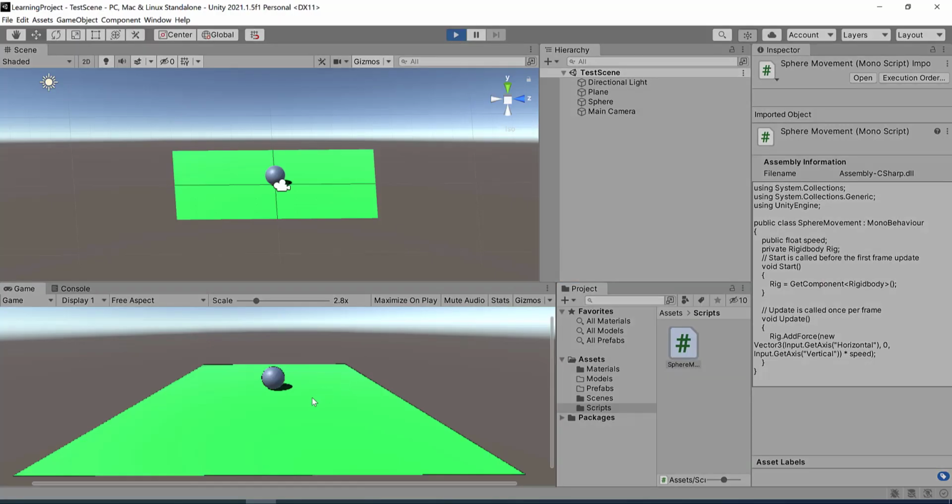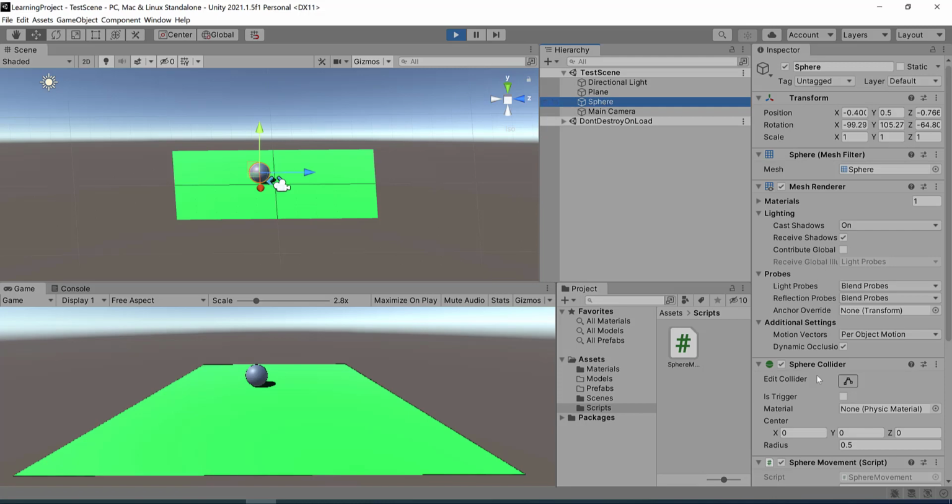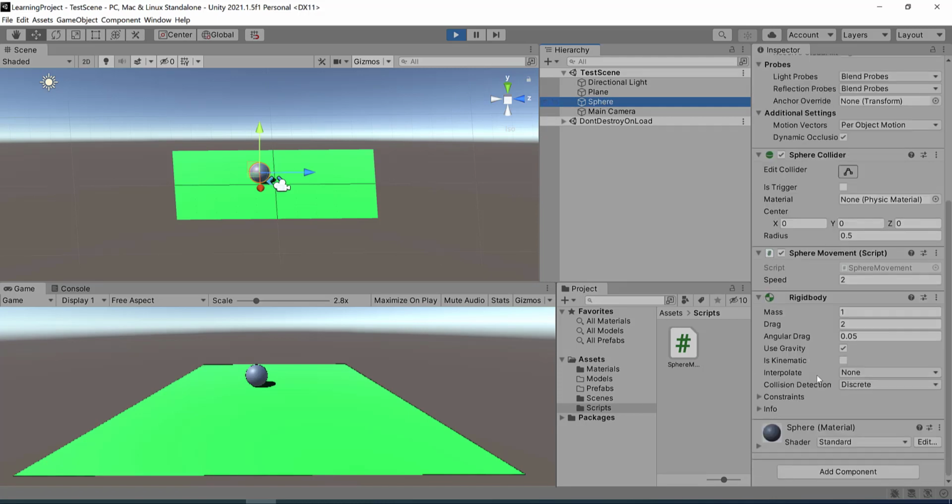If I run my game and observe the behavior of this script, you can see it is slow. So what we can do is speed it up by increasing the speed variable value.